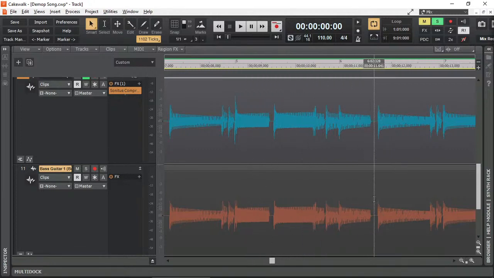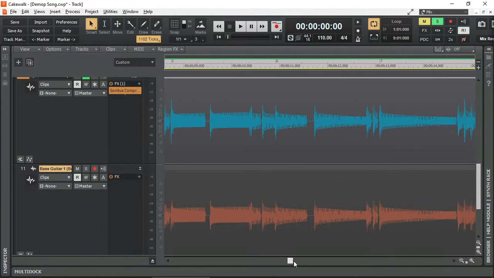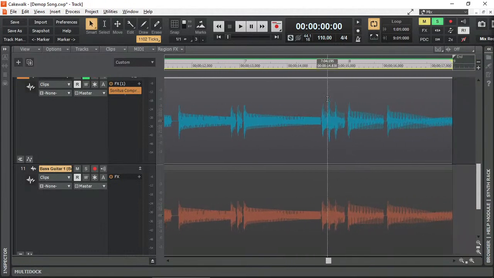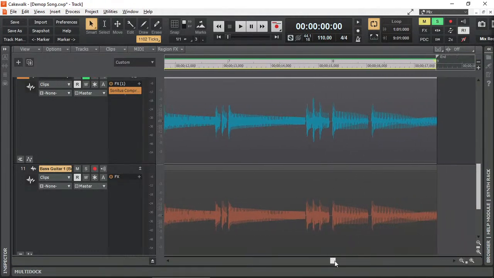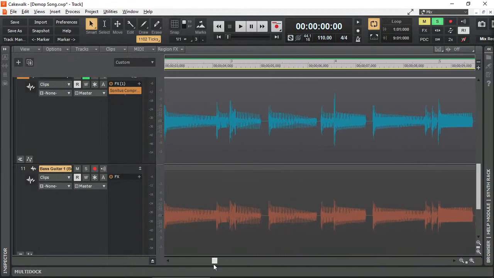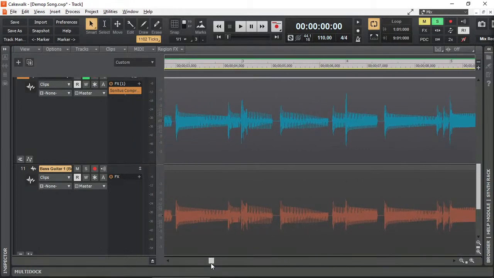It's still the same, no different. So all these peaks are pretty much taken care of, and that's what we are trying to do. And that shows you how knowing the correct attack setting and the release setting